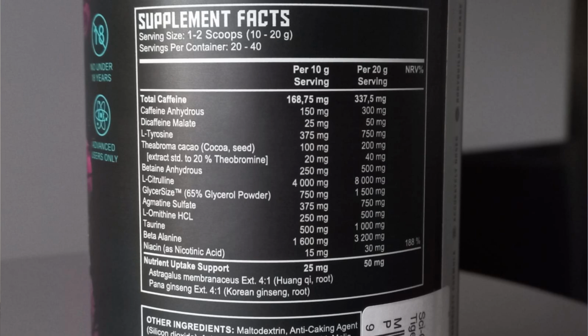Next up, theobroma cacao. So theobromine is commonly found in cocoa seeds and some other things. It's a natural ingredient, if that means anything to you. But total theobroma cacao is 200 milligrams, which is extracted, standardized to 20%, so 40 milligrams total. So theobromine is another stimulant. So if you are vulnerable to stimulants and get anxiety and jitters and problems with it, this is another one to add to the list. It can also cause nausea,